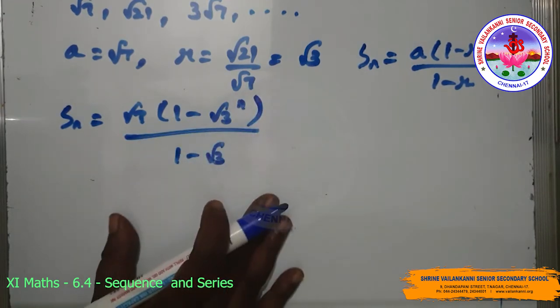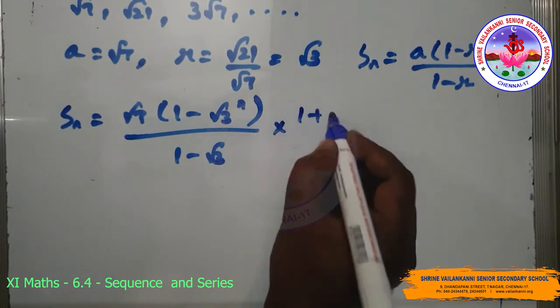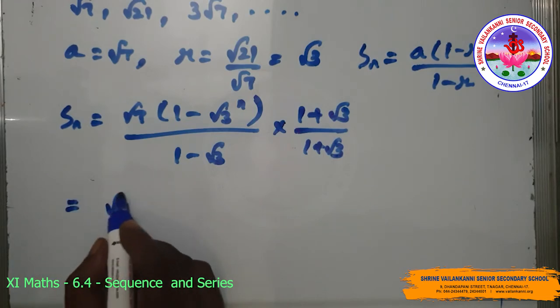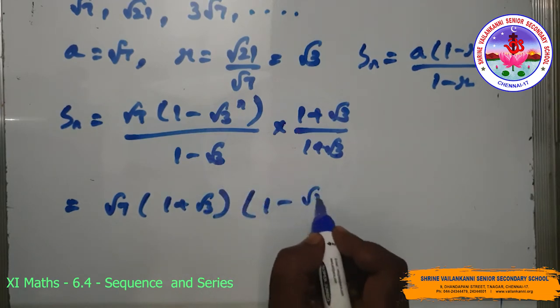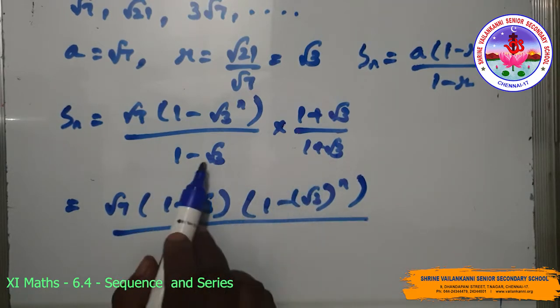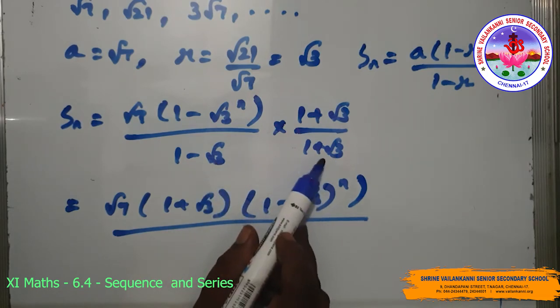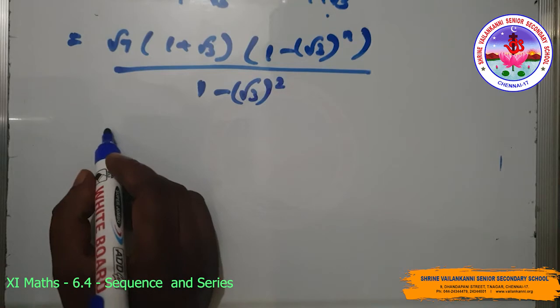root 3). Here you have to rationalize this, so 1 minus root 3. You have to rationalize by multiplying with (1 plus root 3) by (1 plus root 3), which is equal to root 7, (1 plus root 3) into (1 minus root 3)^n, whole divided by, here in the denominator, (1 minus root 3) into (1 plus root 3), which is (a minus b) into (a plus b), which is a square minus b square. So 1 minus (root 3) whole square,